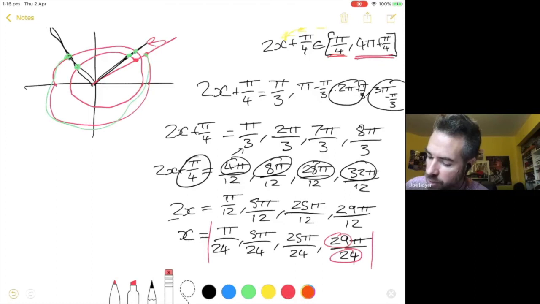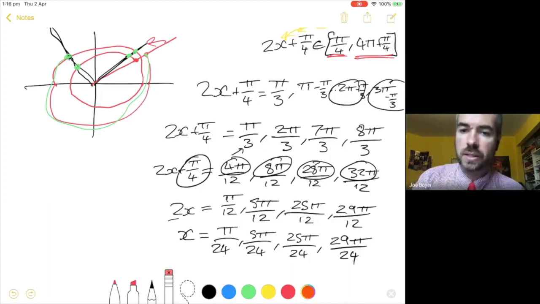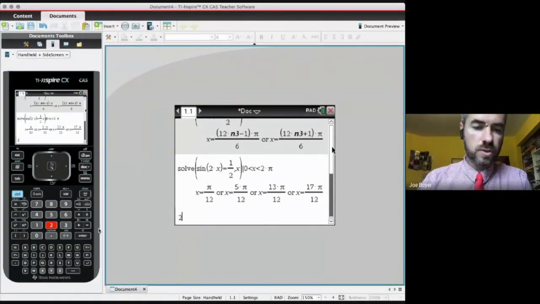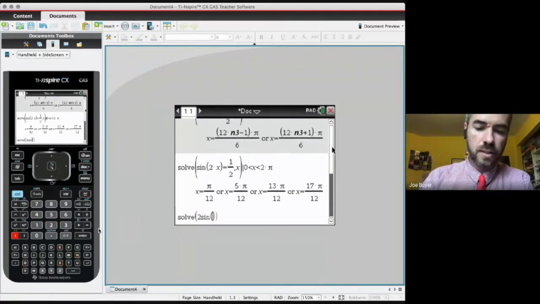How do we actually know if they're the right answers or not? Well, let's go to our calculator and check. So again, now I'm going to swap to my calculator control. Now I'm going to type that in. The original equation was we are trying to solve 2 sine of 2x plus pi divided by 4, minus the square root of 3 equals 0 over the domain. I can type this in much faster because I'm using a keyboard. I know it'll be a bit slower for you. Over the domain,